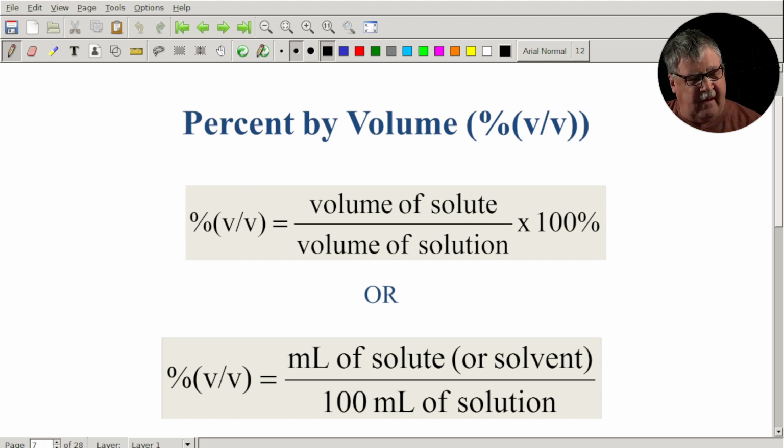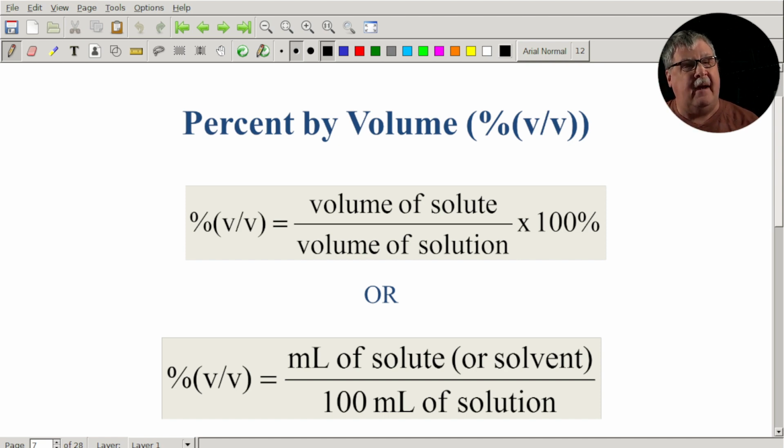All right, so what is percent by volume? Well, again, it's the volume of the solute divided by the total volume of the solution. Now, this is a little bit deceptive with alcohol because when you mix alcohol with water, the total volume is not the total volume of the two liquids. There's a little bit of contraction when you do it. But nonetheless, this is what's used. And of course, you can have percent alcohol anywhere from 0 to 100.